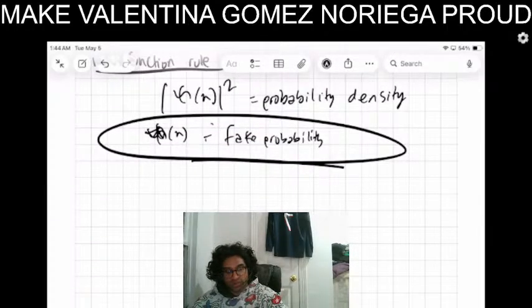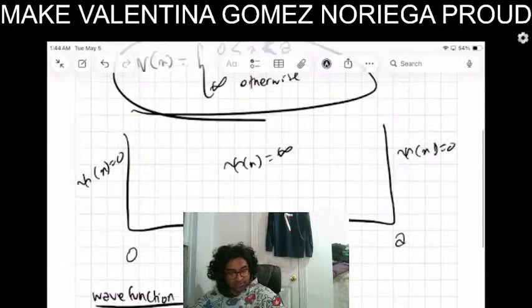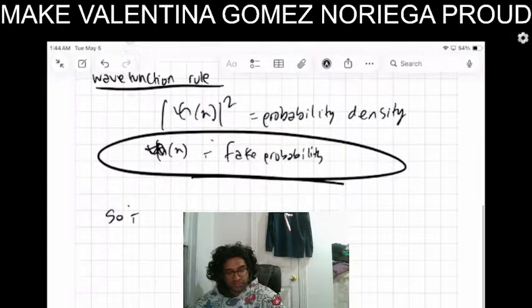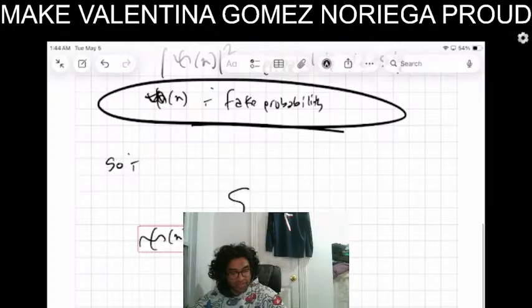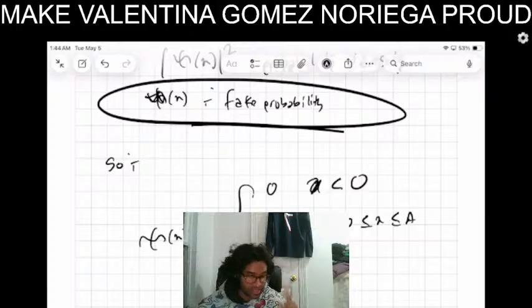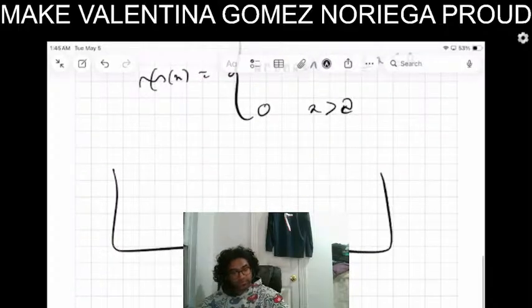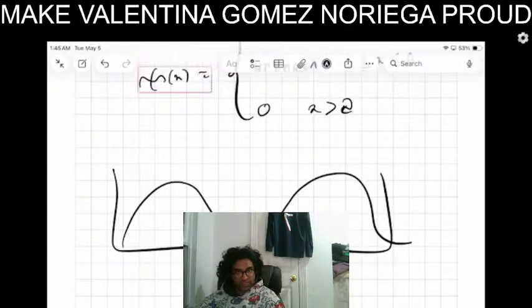So eventually, if I were to express this potential piecewise function with respect to psi of x, then I'm going to have psi of x being 0 for x less than 0, unknown for 0 less than or equal to x less than or equal to a. The only reason it is unknown is because in quantum mechanics, a particle behaves both as a particle and as a wave. It is important to consider that given that it behaves both as a particle and as a wave, it can move like that. But to move like that, you would have to find the